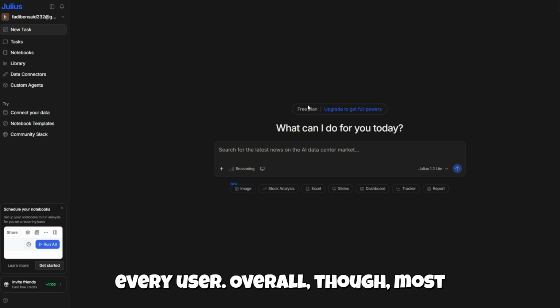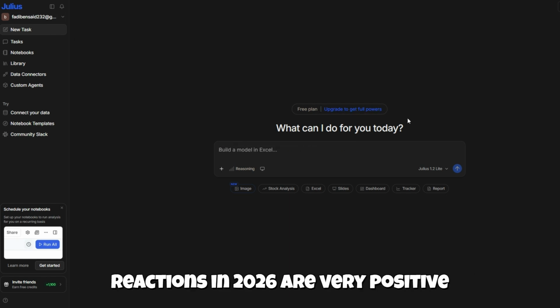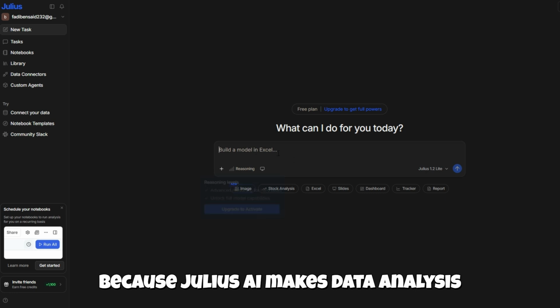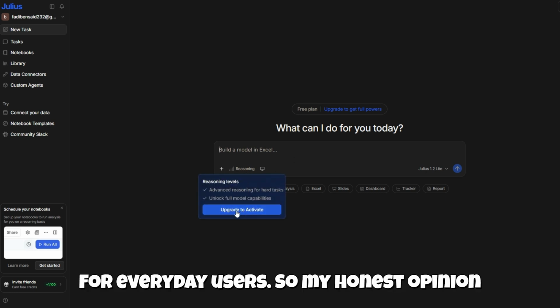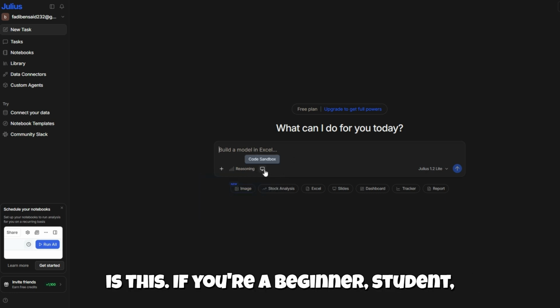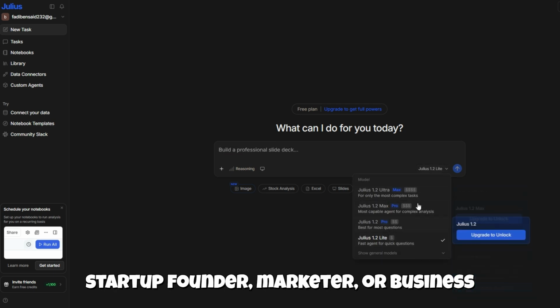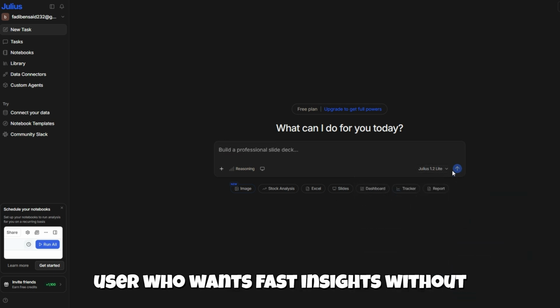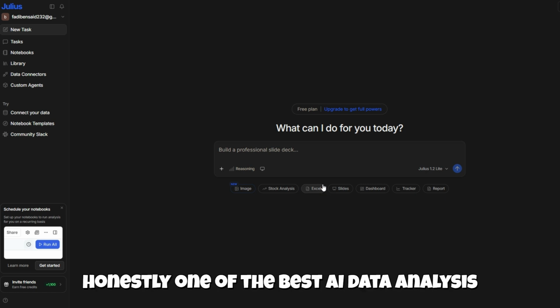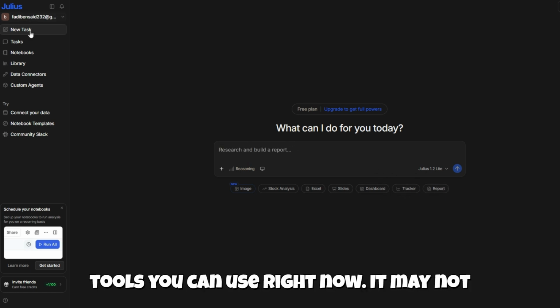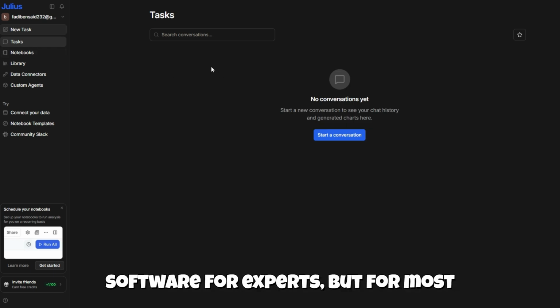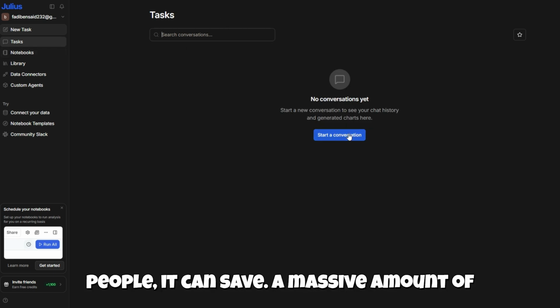Overall, though, most reactions in 2026 are very positive because Julius AI makes data analysis dramatically easier and more accessible for everyday users. So my honest opinion is this: if you're a beginner, student, startup founder, marketer, or business user who wants fast insights without learning complicated coding, Julius AI is honestly one of the best AI data analysis tools you can use right now. It may not fully replace professional analytics software for experts, but for most people, it can save a massive amount